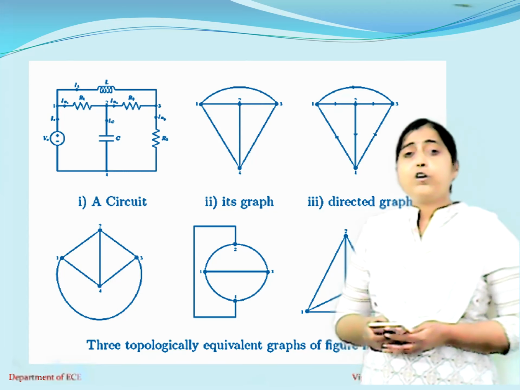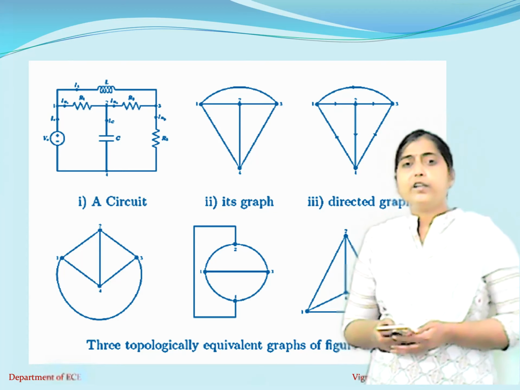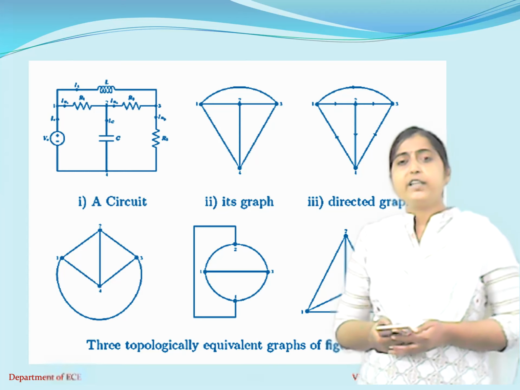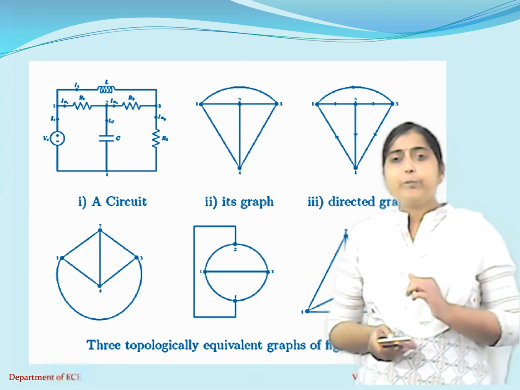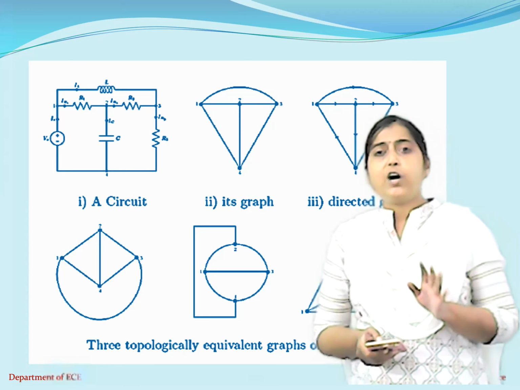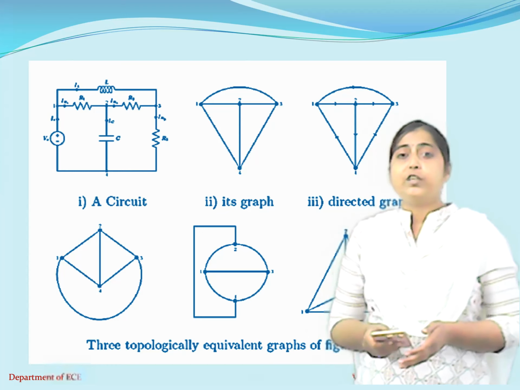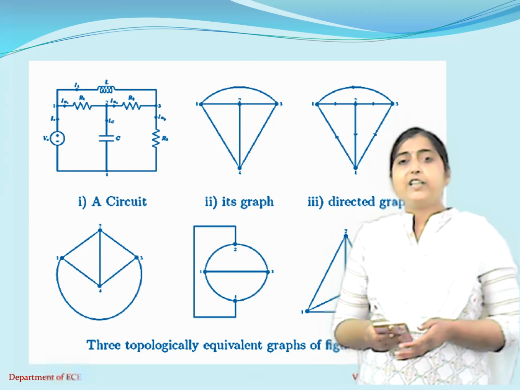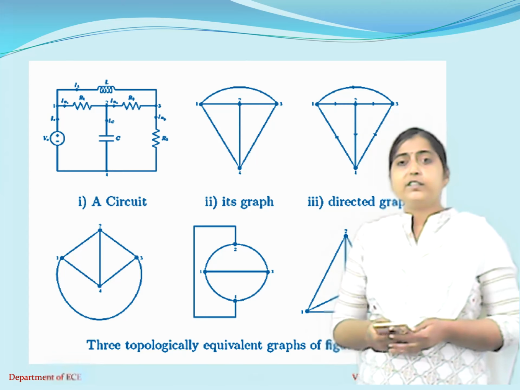So normally you assume all the branch currents according to your convenience. There is no restriction that why I should assume the direction of the branch current in this way only. It is your wish. Completely it is your choice how you want to assume. You can assume in that particular direction. Now once you identify the nodes and the branches and then branch currents in the given network, now we'll see how to draw the graph.